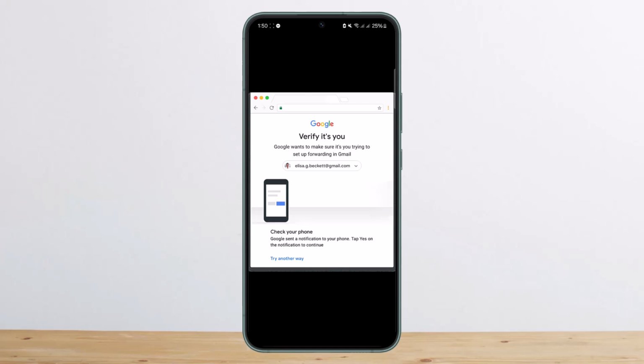Now sometimes Google will ask you to verify that it's you. Sometimes it'll send a confirmation code to your phone. Sometimes it'll send you a number on your default phone that you will have to enter on your new device. So sometimes it'll ask you to enter the security code. Now in case it asks you for a security code, what you want to do is you can simply head over